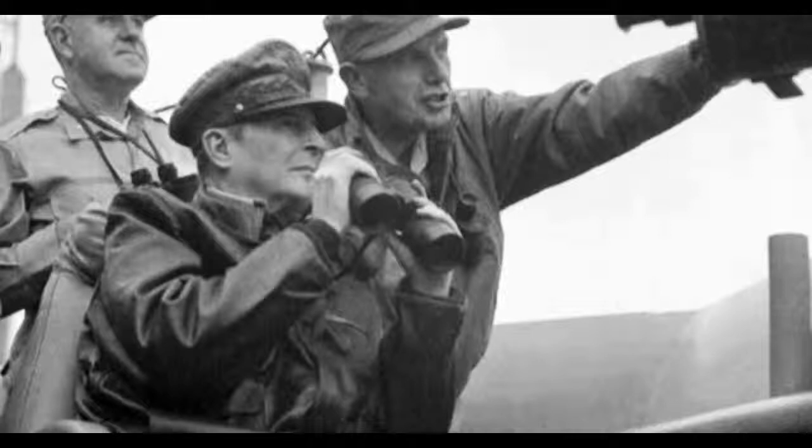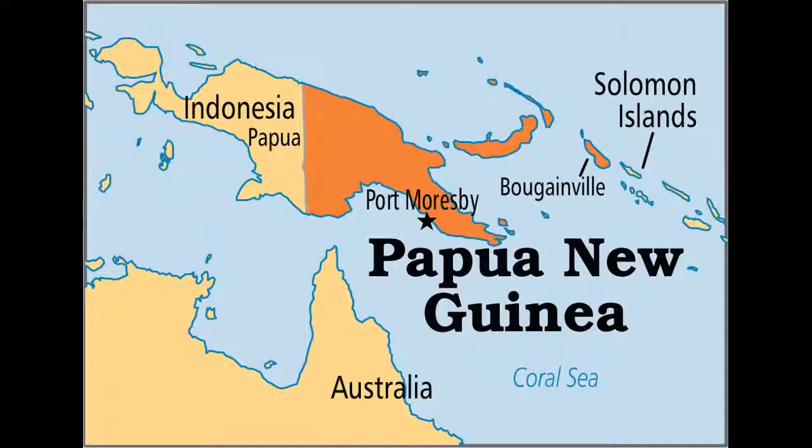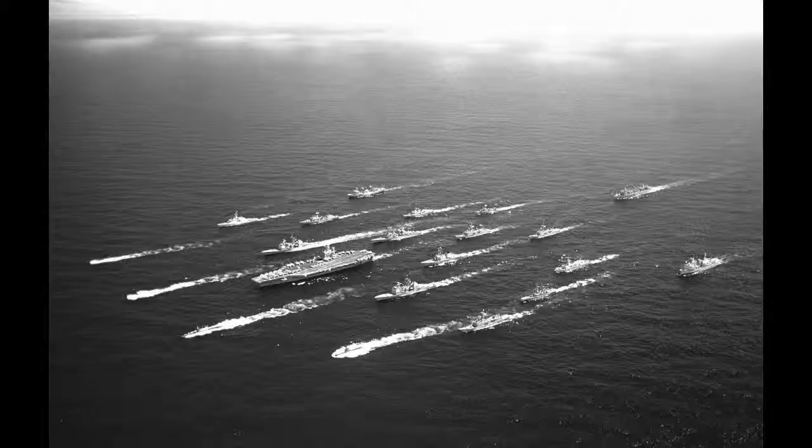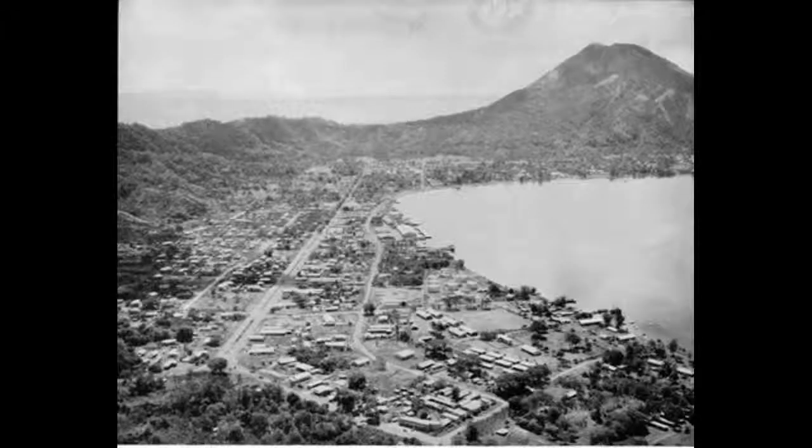His first major battle would come in May, when a Japanese carrier fleet entered the Coral Sea in an attempt to capture the city of Port Moresby, which would give Japan complete control of Papua New Guinea and leave Australia defenceless. In response, MacArthur would deploy his own carrier fleet to engage in the first major carrier battle in history, in which, despite heavy losses, MacArthur would successfully repel the Japanese forces. Australia's fortunes would improve when in June the Japanese faced a decisive defeat at Midway, and by February 1943, combined Allied forces had repelled Japanese forces out of the Solomon Islands and Papua New Guinea, although Rabaul remained in enemy